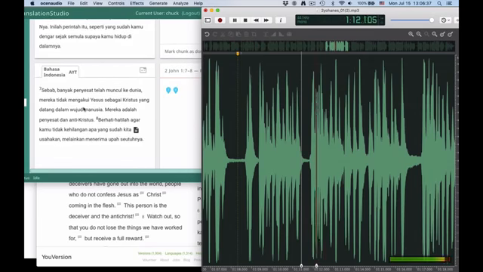Sebab mereka tidak mengakui Yesus sebagai Kristus, sebab banyak penyesat telah muncul ke dunia. Mereka tidak mengakui Yesus sebagai Kristus yang datang dalam wujud manusia. Mereka adalah penyesat dan